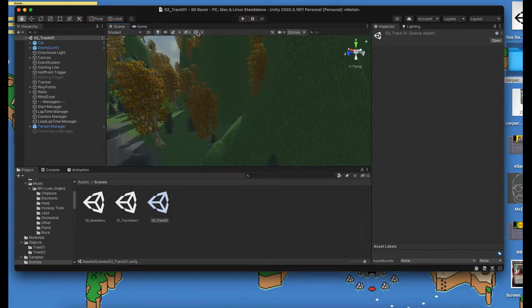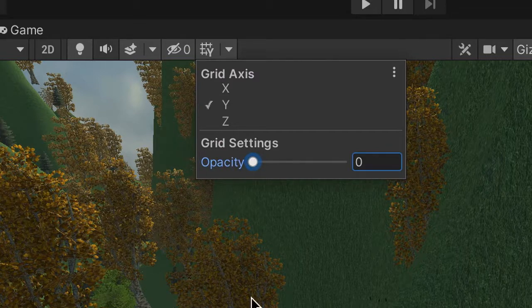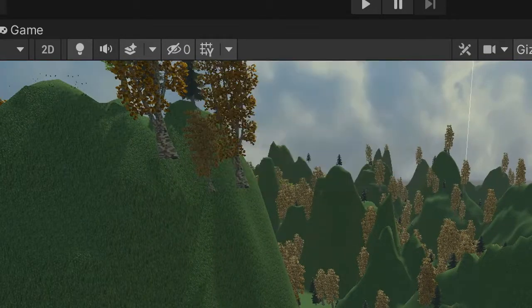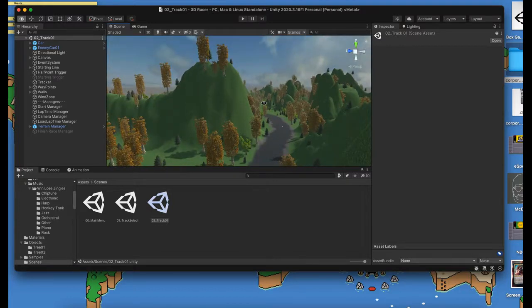One thing you can do is at the top you have a little grid sign here. It can change the opacity temporarily just to kind of block that out. Try not to get the canvas in the view. So I might just take a picture like this. Command Shift 4, little screenshot, and then go back to my track select,